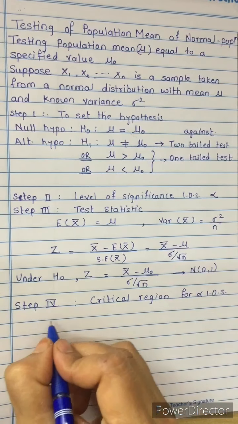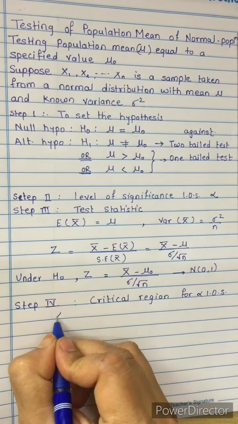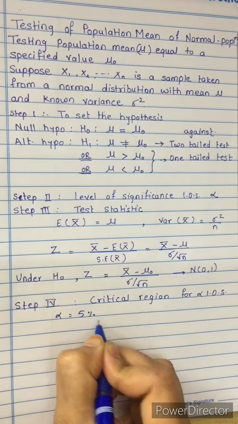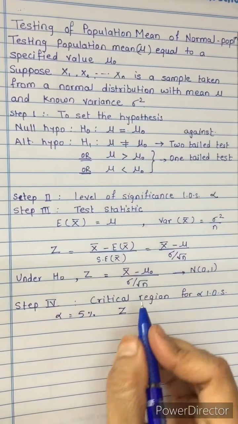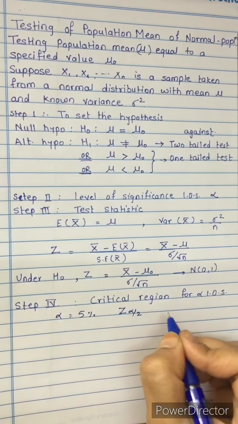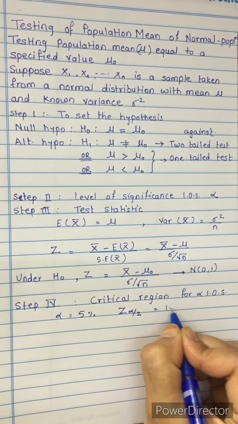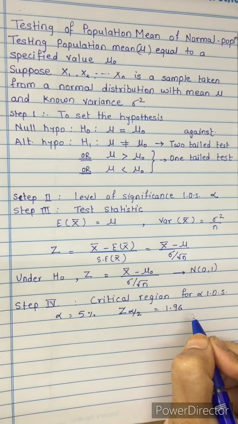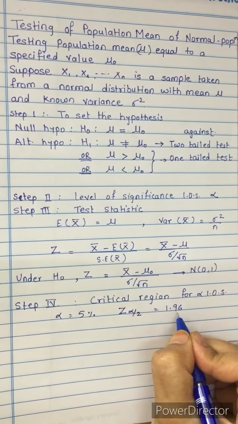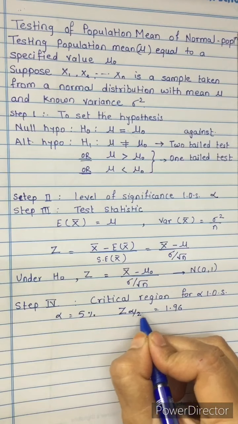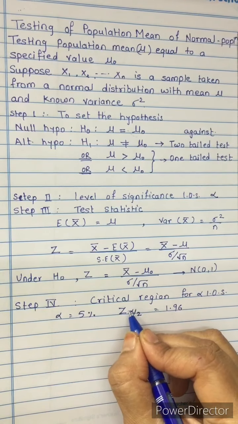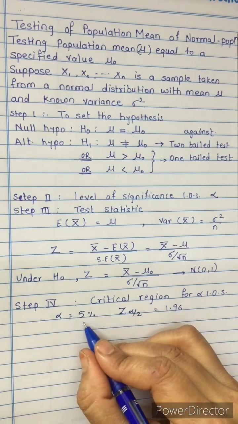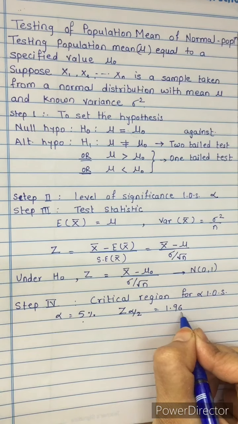Okay, now suppose we take alpha equal to 5%. For a two tail test, z alpha by 2, the value is 1.96. So the z tabulated value for a two tail test at 5% level of significance is 1.96, and we compare this value